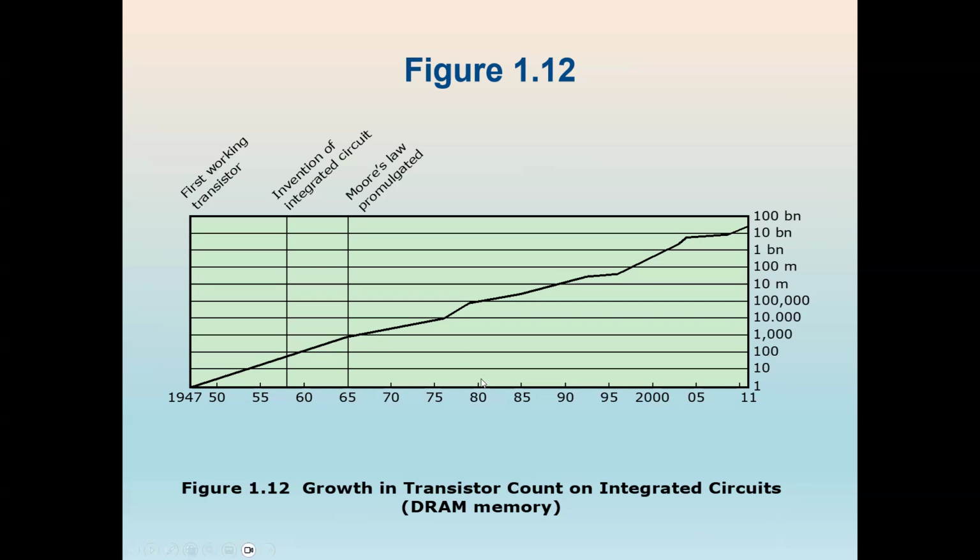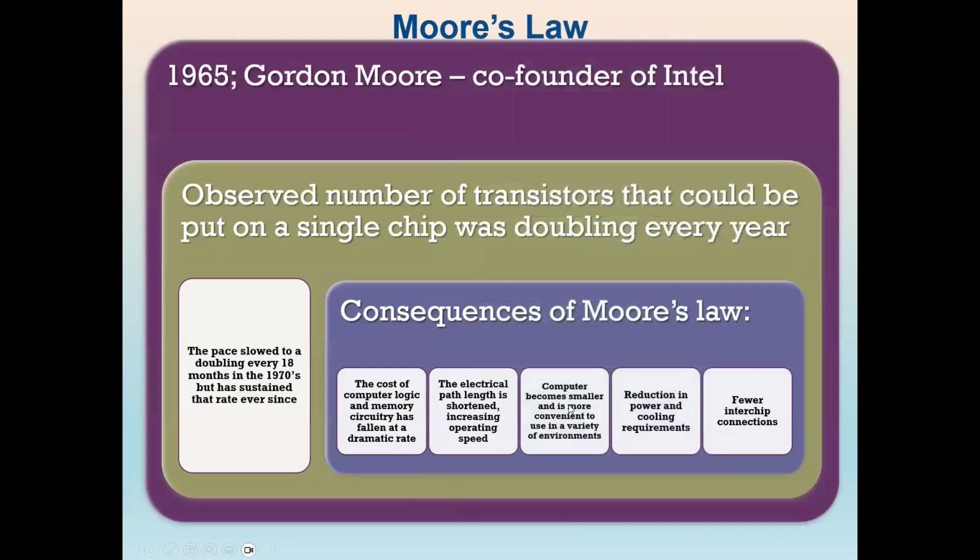Now, is it possible that Moore's law will be like a log function? Because we know a log function may increase up to some stage, then it may stay constant throughout. So I don't know, most likely in the future, we may reach some stage where again we cannot double, or the rate will slow down. So that's the concept. 1965,